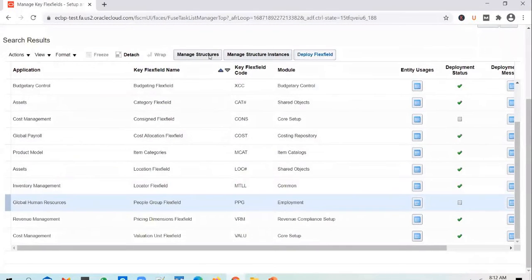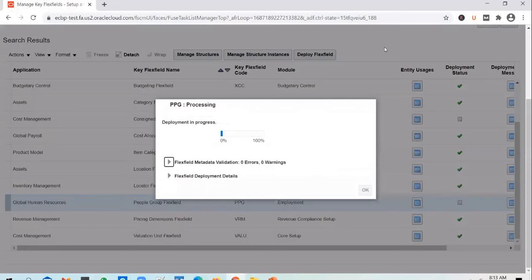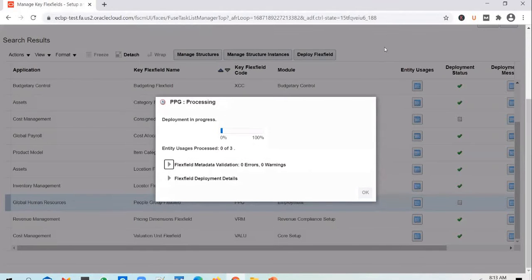And you need to deploy the flex field. So we have created a structure, created an instance of it, and we need to deploy it. Go ahead and deploy it. And once it is deployed, we need to link this up in the setup. So we need to attach the structure instance at a legal entity level. You can attach people group flex field at two levels, at enterprise level and at a legal entity level.